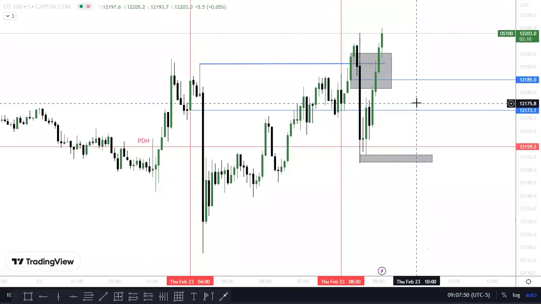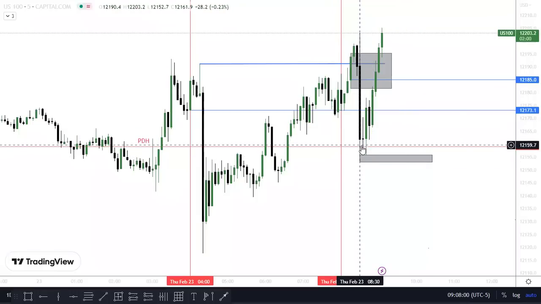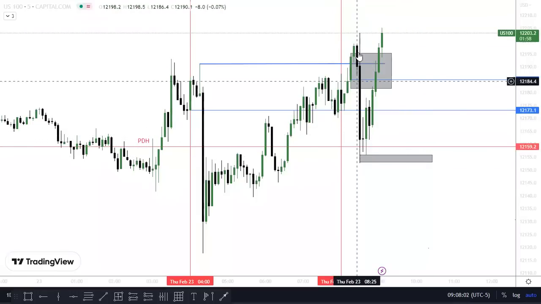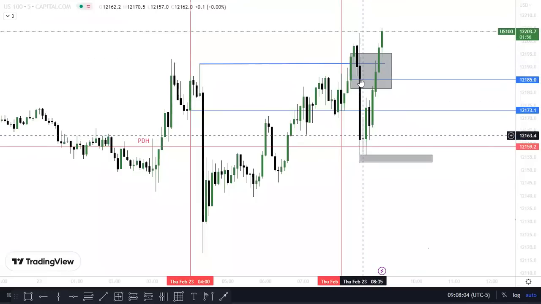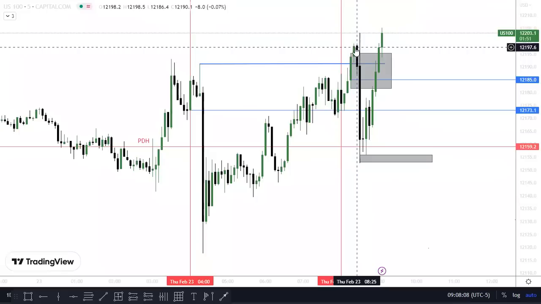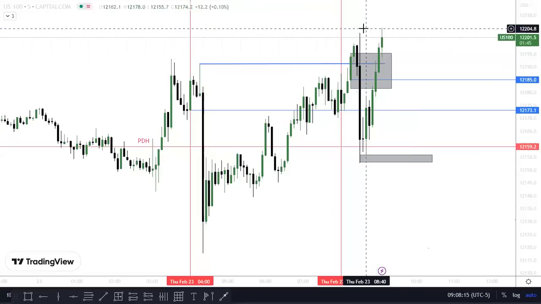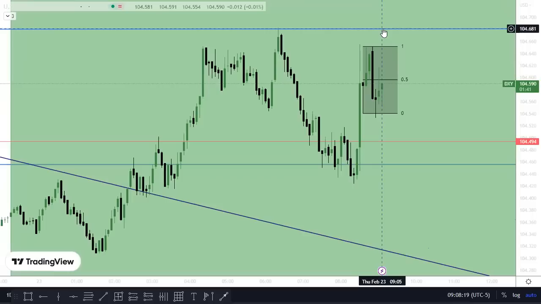If a news move is erased, you consider it as manipulation. What was the news move? The news was at 8:30. Right here. There is no move. Last area of order flow would be this high. This high is still a lot. Well, inside here, the last area of order flow. This holds no real significance.